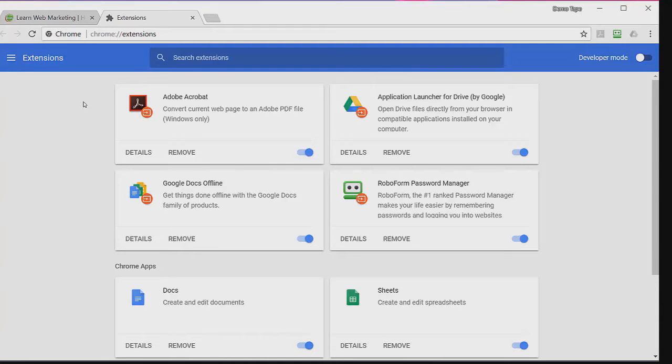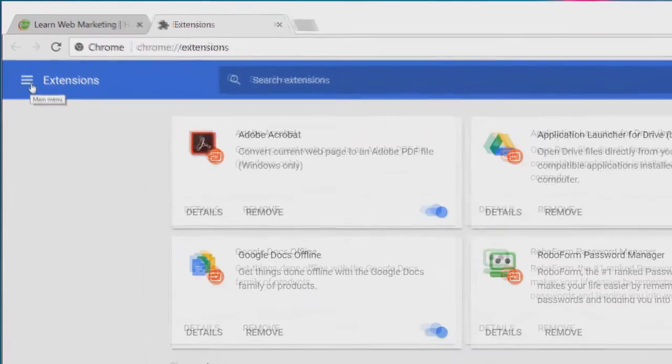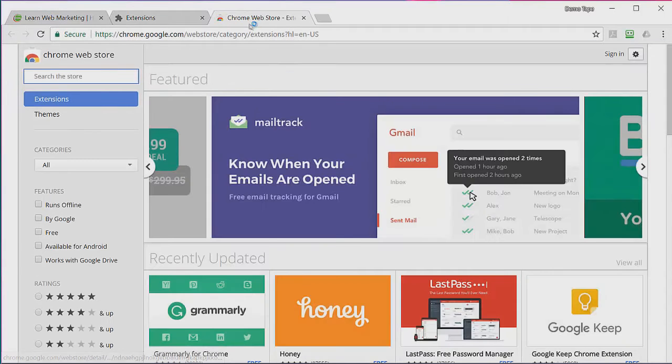If I want other extensions, here's how I do that. I go up to the top left, and there's the three lines that we call a hamburger menu, and I'm going to click on that, and then I have this fly out here, and it's kind of buried down at the bottom so that you might not even see it, but down here it's got a choice that says Open Chrome Web Store. So I'm going to click on Open Chrome Web Store, another tab opens,